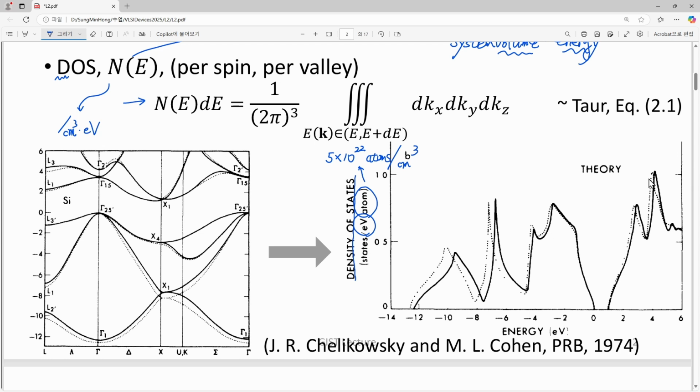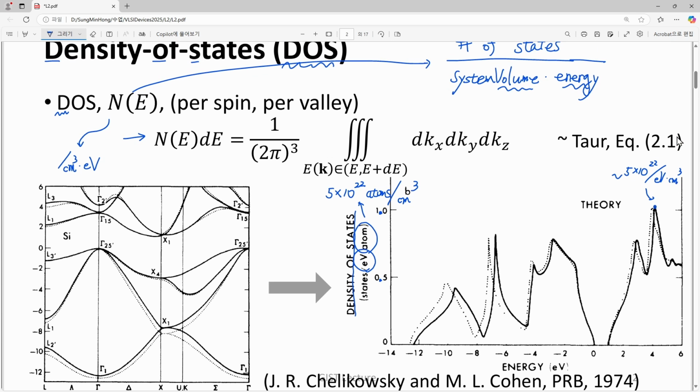So it means that this number, 1.0 and 0.5, is quite close to 5 times 10 to the 22 states per electron volt cubic centimeter. Okay, so now let's come back to this